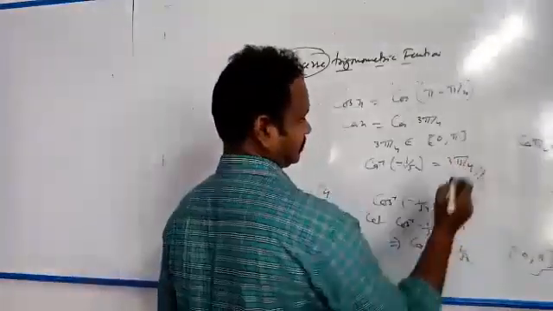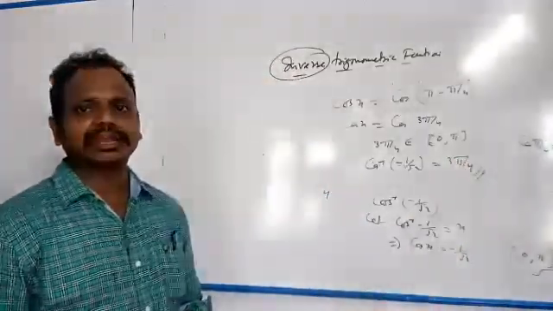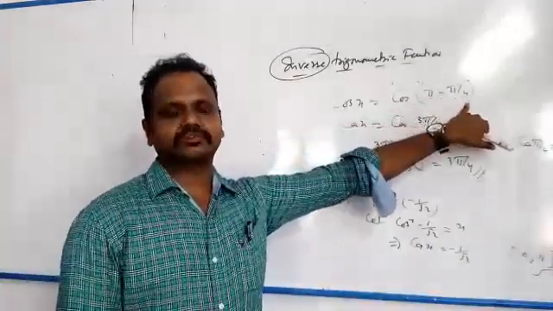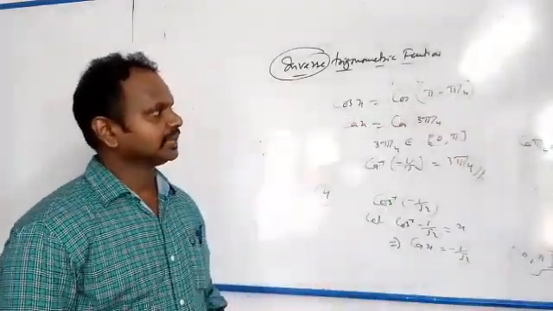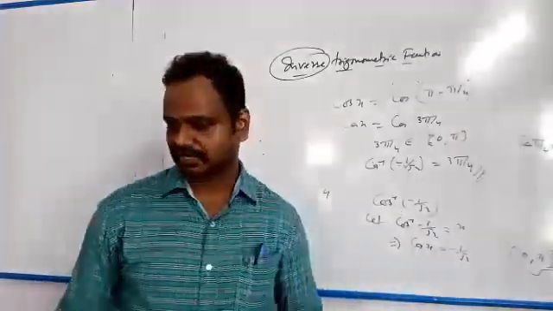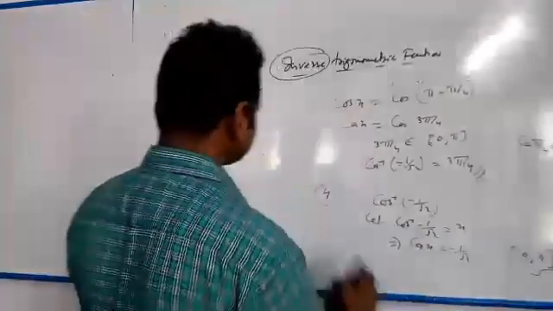That means whenever we are getting negative values, in case of cosine, we can directly put pi minus theta. You can use the value pi minus theta. And if it is a positive value, we can directly write down whatever is the value of the function. We will take another example.